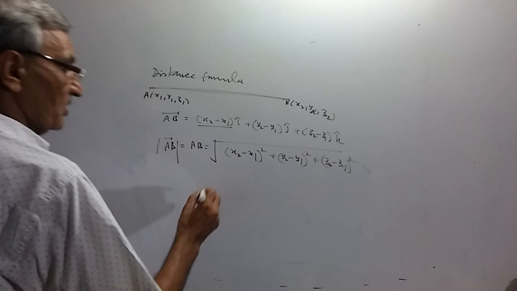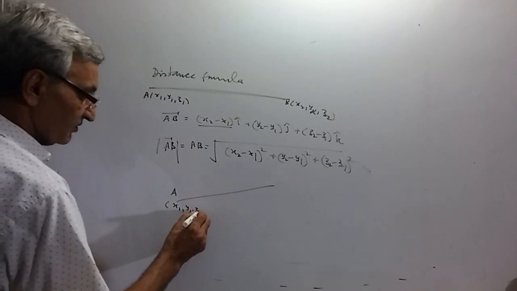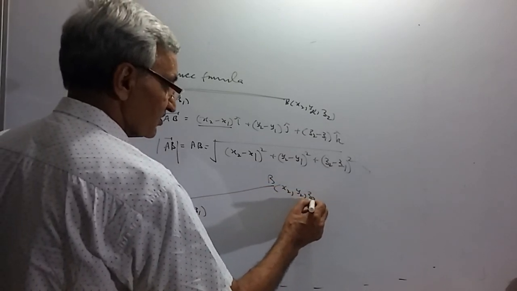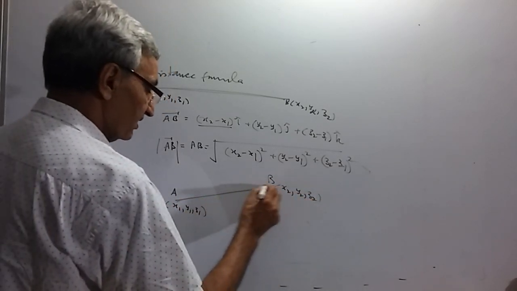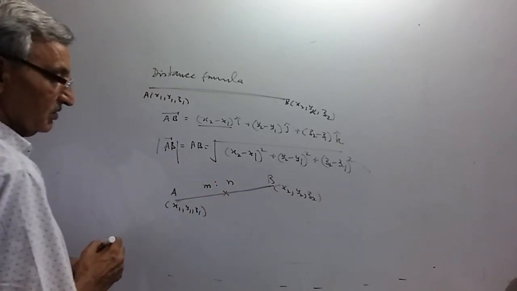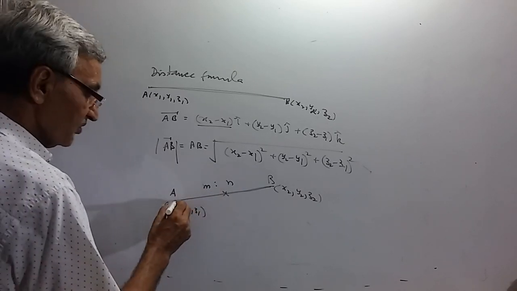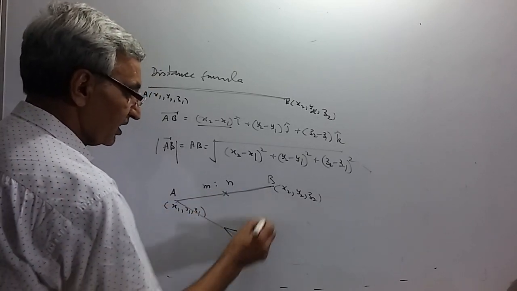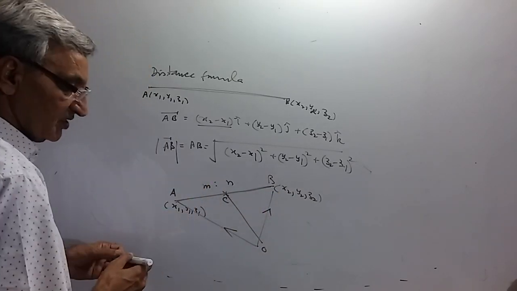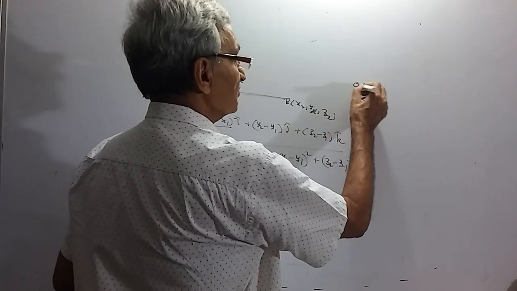Another formula that we have: A is equal to (x1, y1, z1) and B is another point (x2, y2, z2). This is divided in the ratio m to n. What are the coordinates of this point? This is the position vector of one point, and another point has its own position vector. The position vector of this point C, OC, is equal to